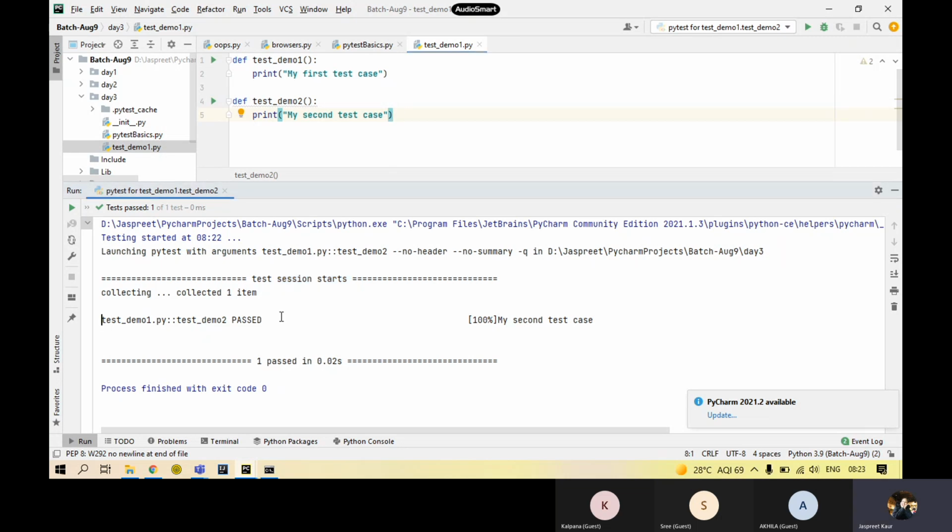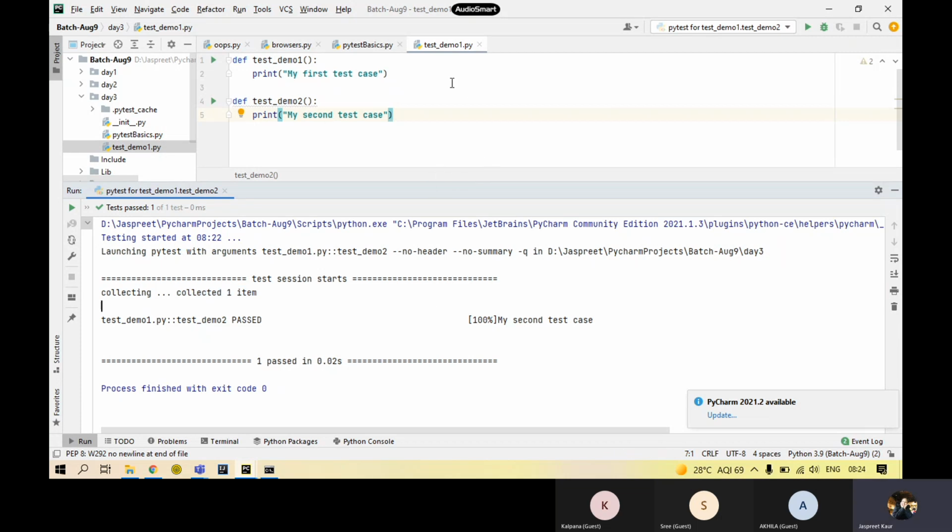And then it tells me whether the test case failed or passed, whether my browser automation was successful or not, whether my print statement got printed on the console or not. Everything over here is visible like that. In the same way, I can run this function as well, and it will tell me how many test cases I have run. One test case I have run, so only one count has come.